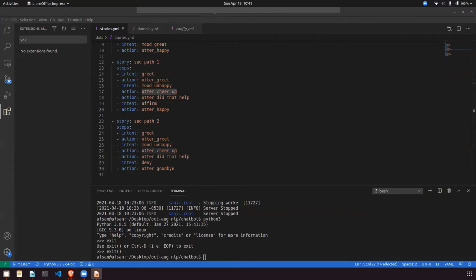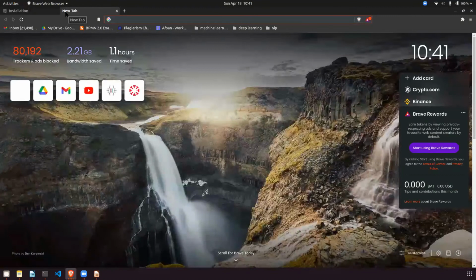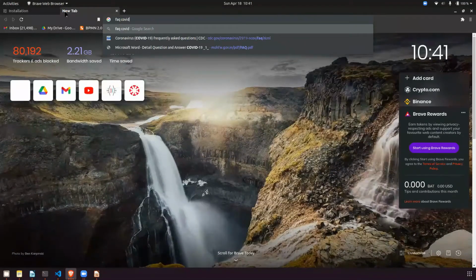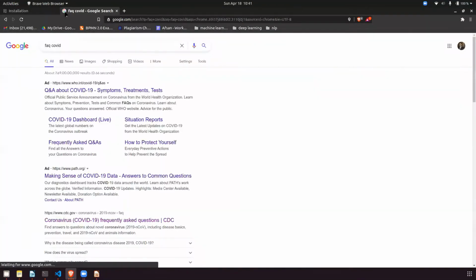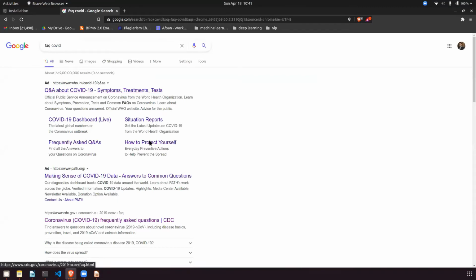Okay, so the first thing you have to do is collect data. How to collect data? You type FAQ COVID, and you can take any of the data. You can refer to any of the links here.